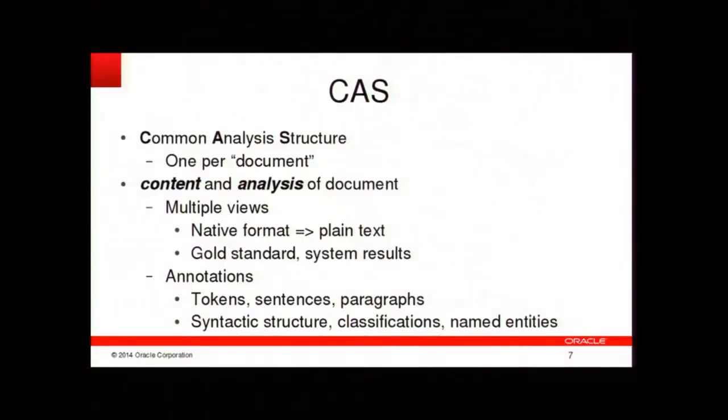So the Common Analysis Structure, the CAS, is this data structure that you get one per document or per unit of work, whatever your unit of work is, and it holds the content and the analysis of the document. The content of the document is seen in something called a view. A view is a really nice abstraction